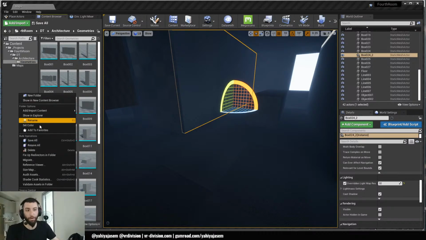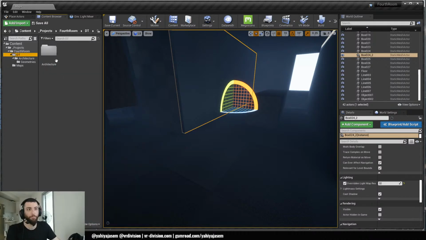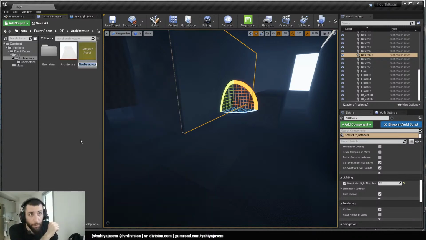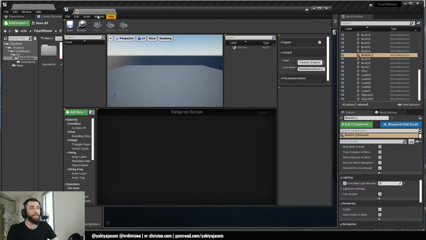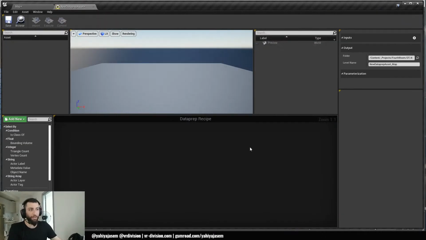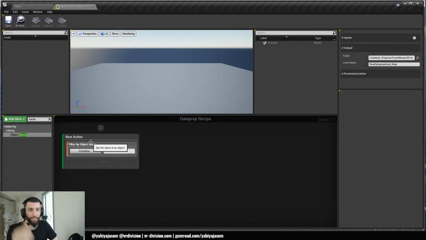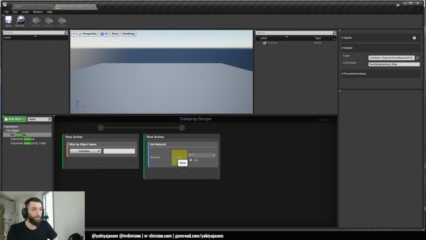It's called Data Prep. When you right click anywhere, there is an option for Data Prep asset. When you double click it, you have a recipe here. So it's a pipeline, let's say step 1, step 2, step 3, and so on. I never used it yet, but let's say, can we get the name or something? So object name, for example, as a string. And let's see material. Let's try it now together. All right, so contains, let's see, box,